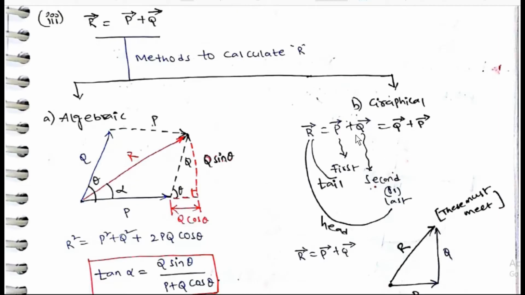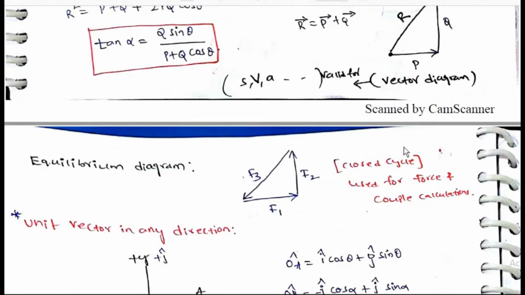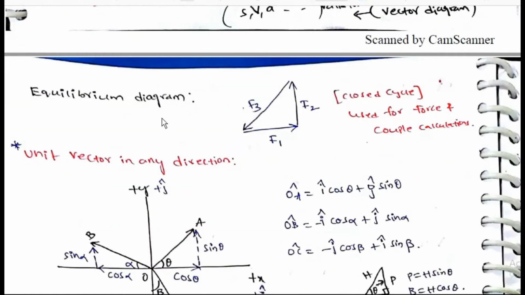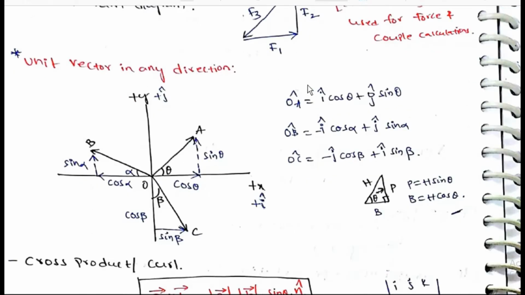R bar is equal to p bar plus q bar, which is equal to q bar plus p bar. First draw R bar by joining from tail to tip; they must meet. In a vector diagram for equilibrium, forces f1, f2, if they form a closed cycle, then the resultant force is zero. This is used for force and couple calculation. Unit vector in any direction,